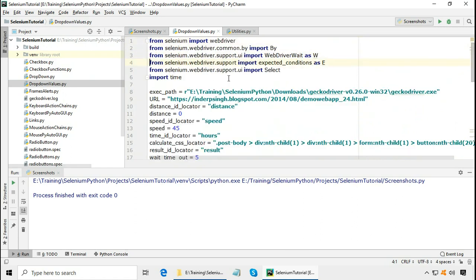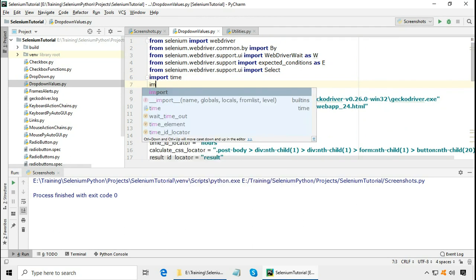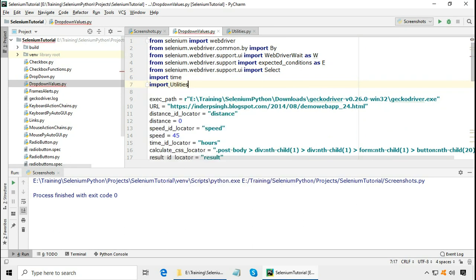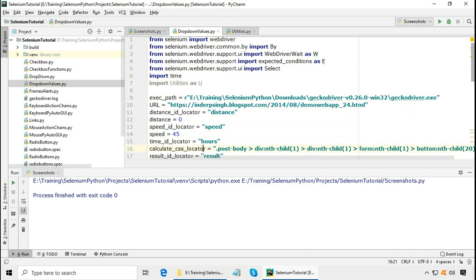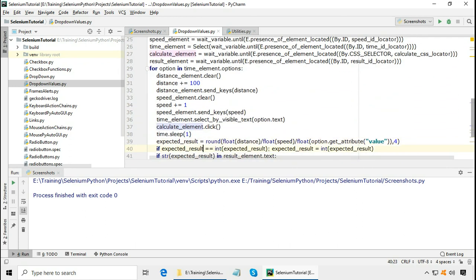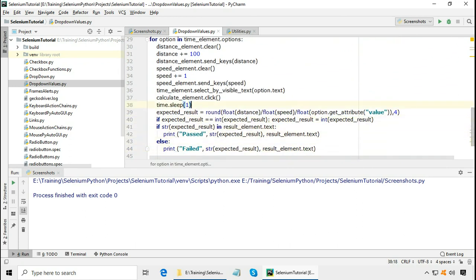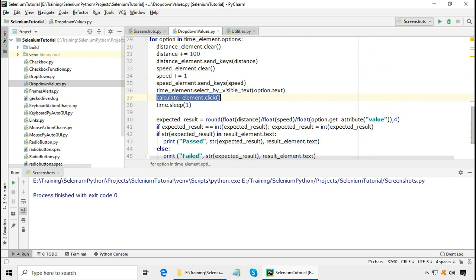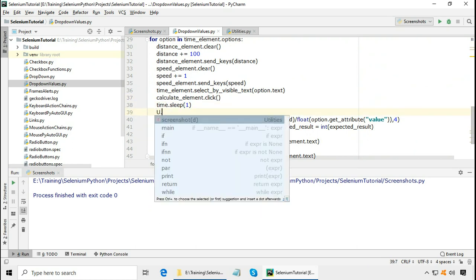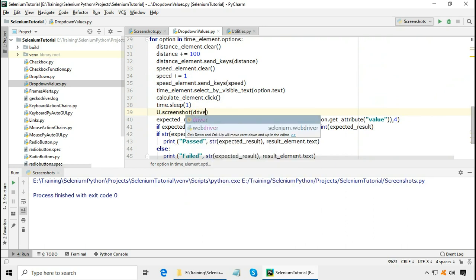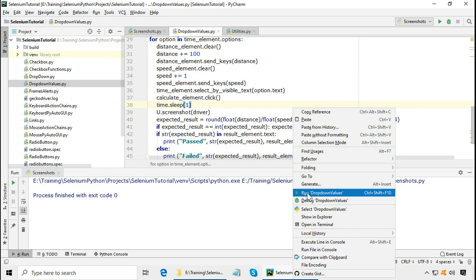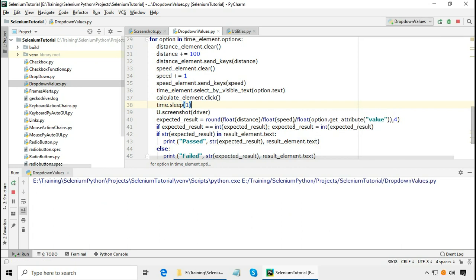First what we need to do is import utilities, again use the alias as u, and within the loop, after it clicks on the calculate results button, let us call the screenshot method with the argument driver. Right click and run the drop down values.